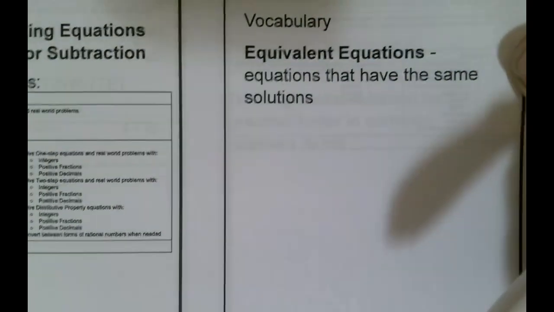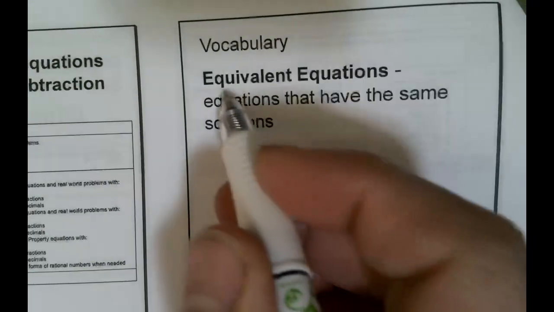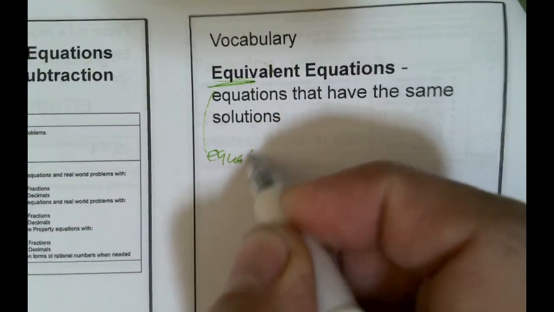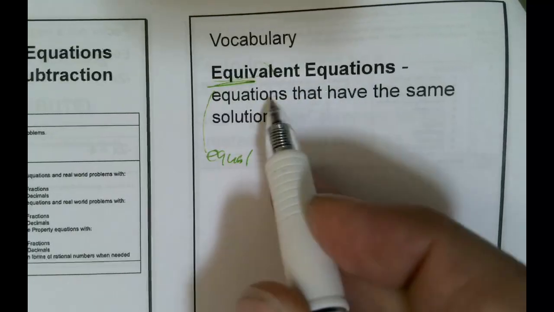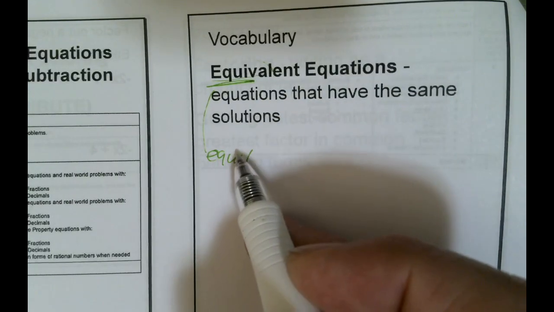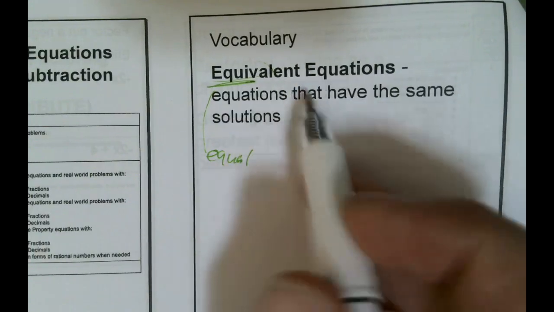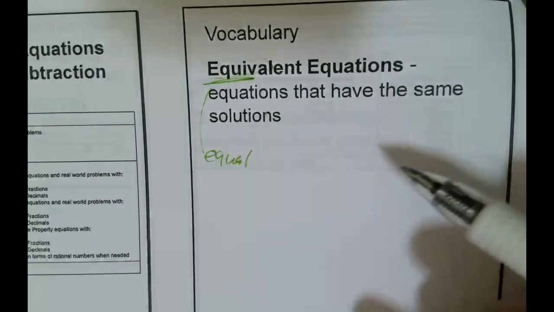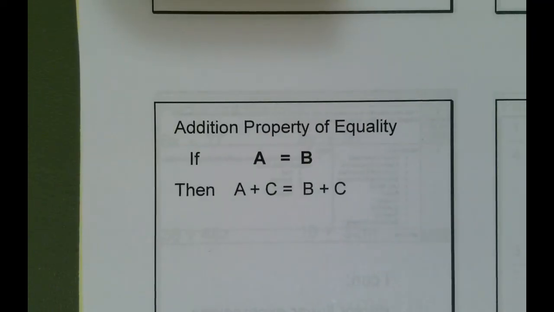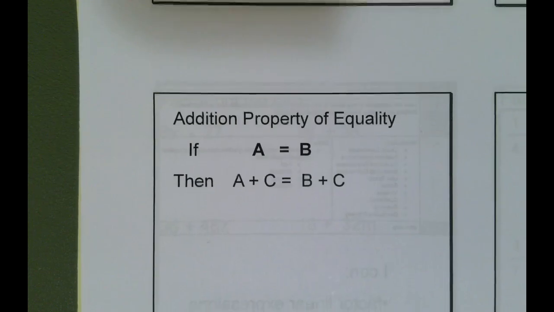Our vocab is equivalent equations. Again, equivalent meaning equal. So equivalent equations are equations that have the same solution or equal solutions, equal answers. And that is an interesting thing to show, but we'll kind of show that in our other examples as we get going through it. Because today, because we're doing adding and subtracting, there's the addition property of equality and the